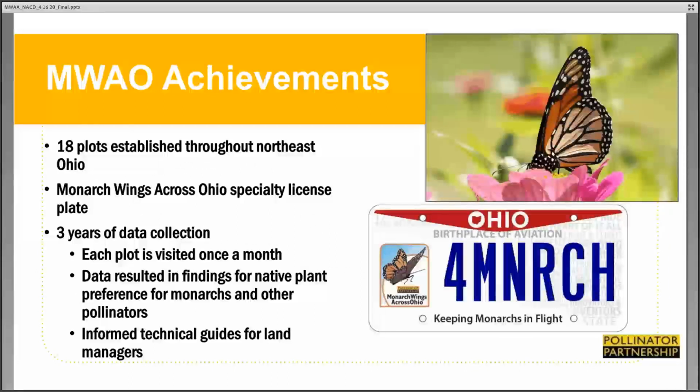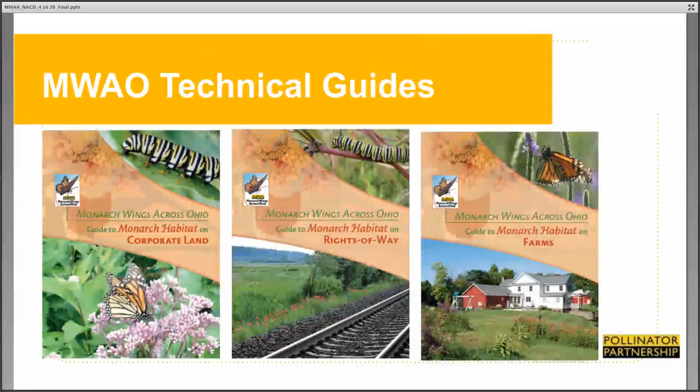And just to summarize some of the achievements, we had 18 plots established throughout Northeast Ohio. We put in place a Monarch Queens Across Ohio specialty license plate, the proceeds from which go back into monarch conservation programs. And we did, of course, have 3 years of data collection. Our protocol was to visit each plot once a month. We're really looking at plant-pollinator interactions and the preferences of monarch butterflies, which species they preferred. And the data resulted in findings for native plant preference for monarchs and other pollinators, and informed technical